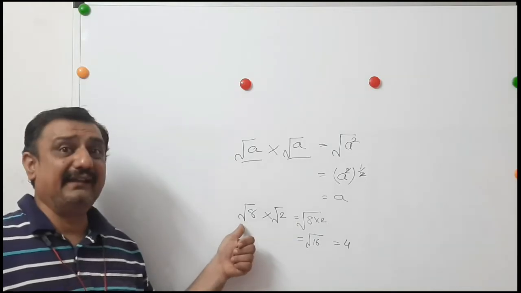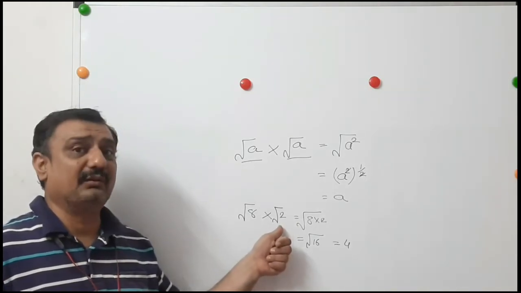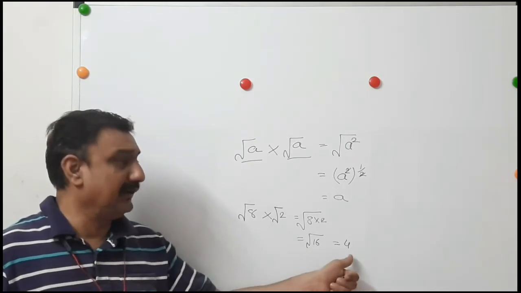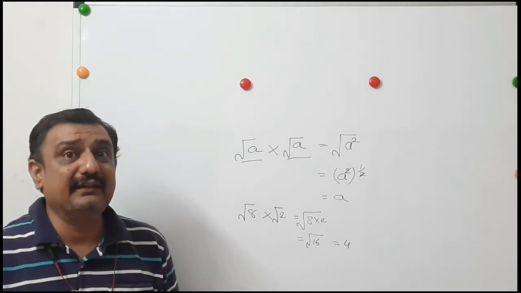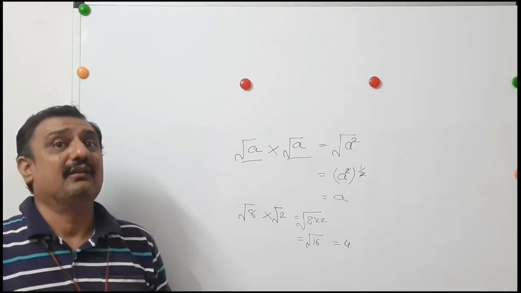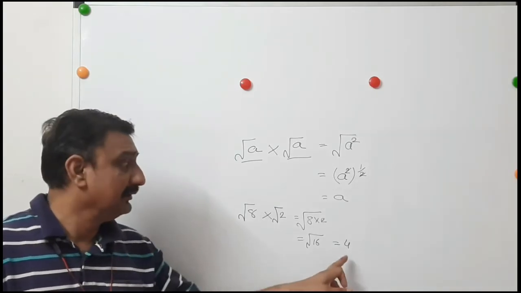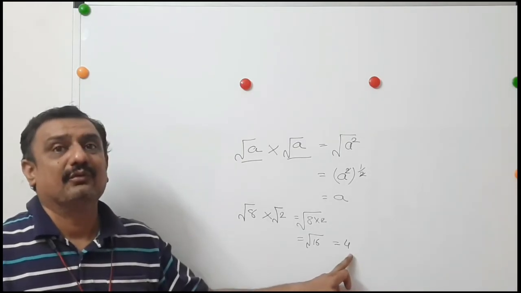So root 8 is irrational, I multiply it with root 2, that is also irrational, but their product, that is 4, becomes rational. So by multiplying an irrational value with a certain irrational value to obtain a rational product,